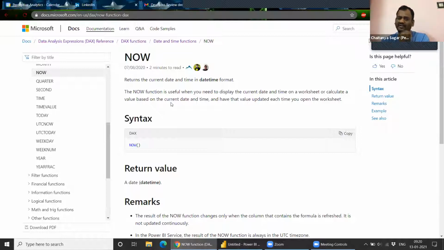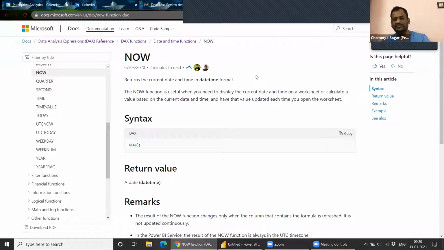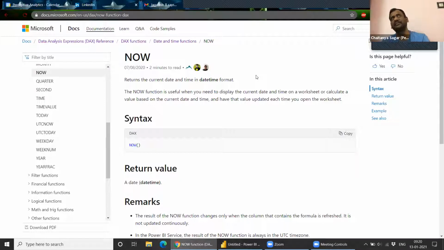Sometimes the time is very sensitive. Even just a few seconds factors into the calculation that we are trying to do. Then when you hit F9, it refreshes and gives you the current date and time. I think it is a good thing that they have incorporated that in Power BI, but I'm just trying to figure out the utility part of it.